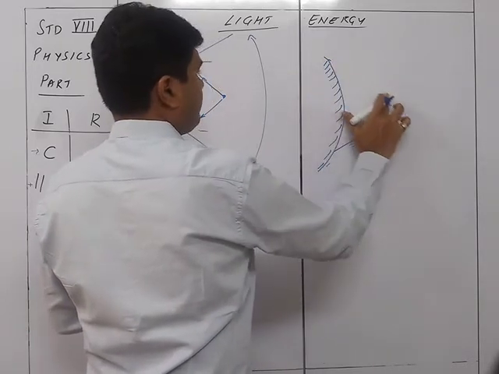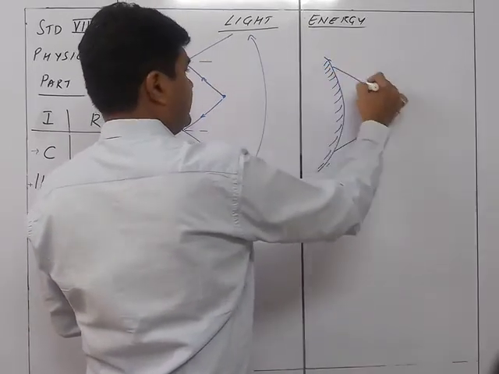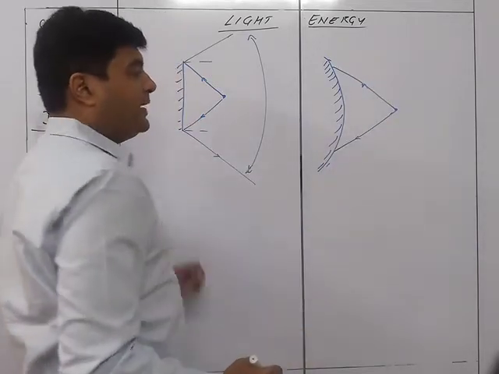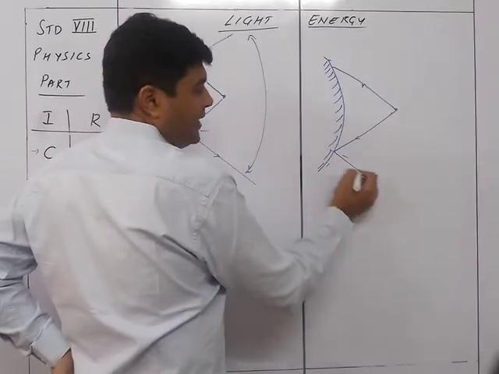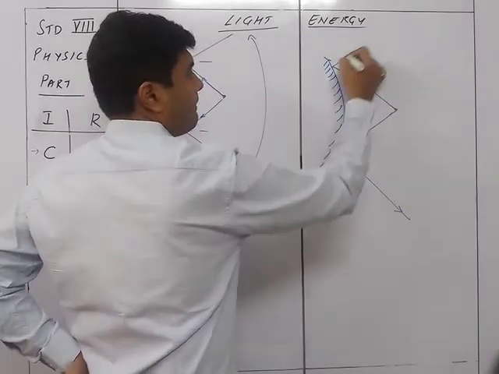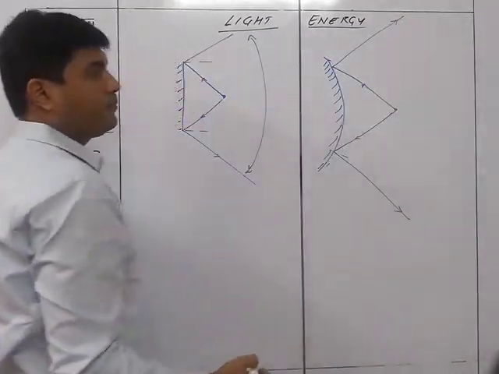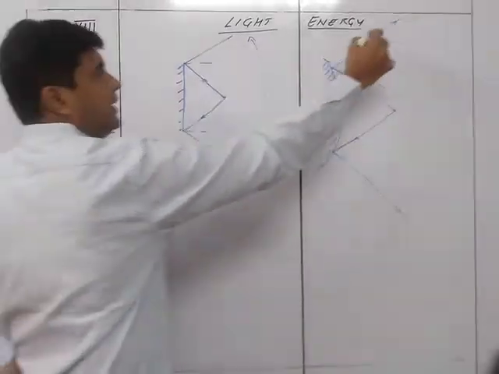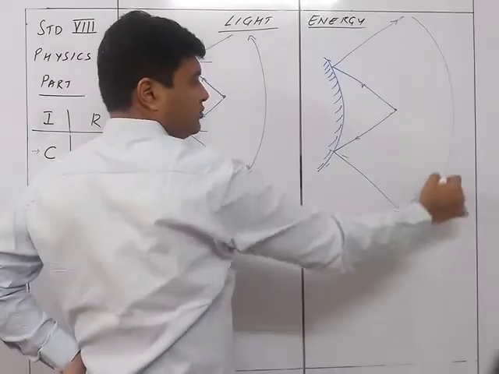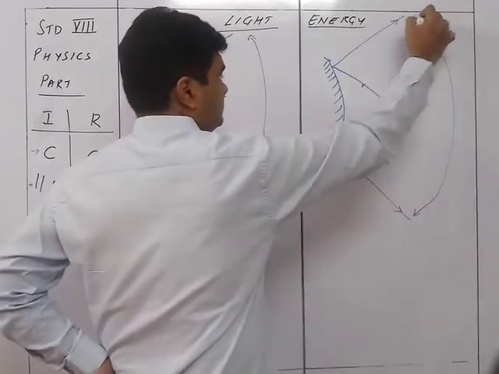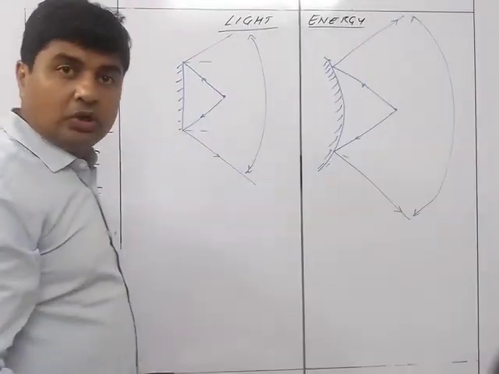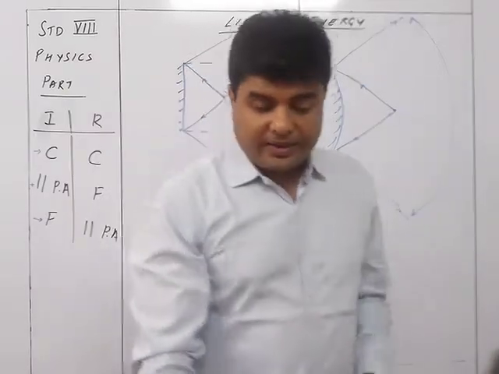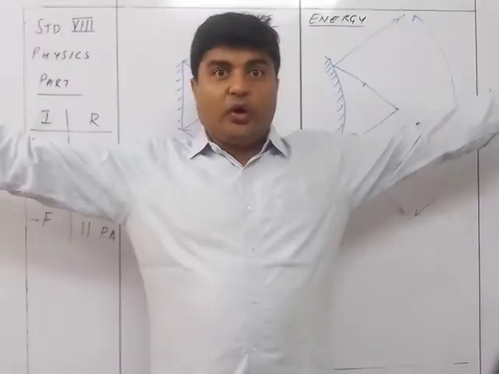Okay, I made it the same so that there is no difference over here. But here what is happening? The reflected ray will be going like this. So you can see the image which is going to be available for us will be of a wider view. See this one curve and this curve. So that's why the driver will have a wider view of the backside.